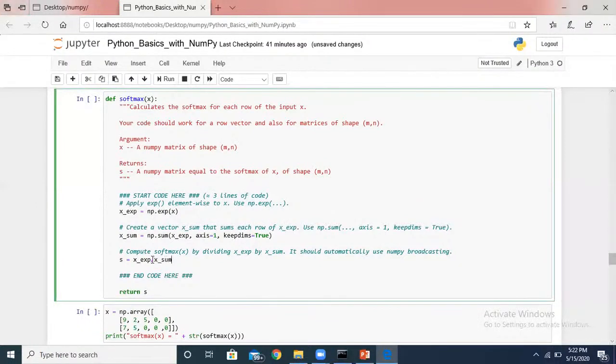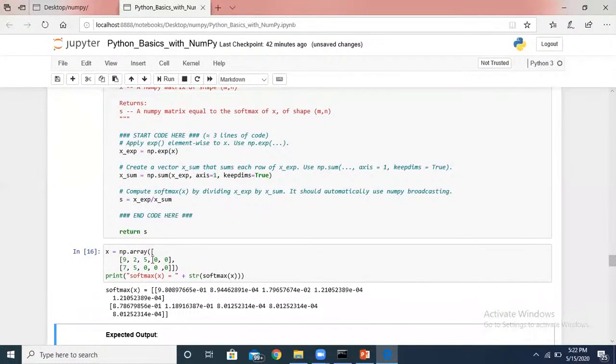And our softmax function is done. Okay, so we'll run it, and the output is